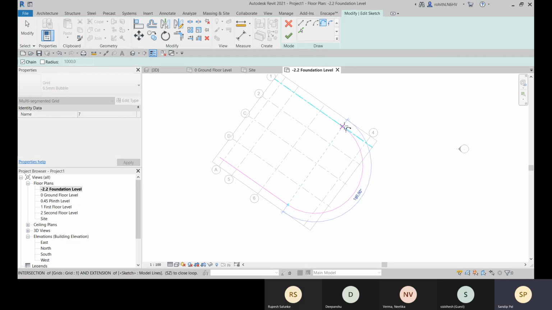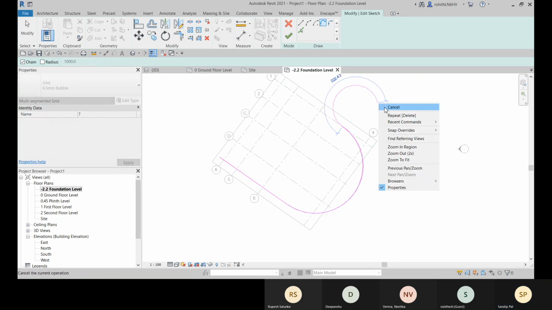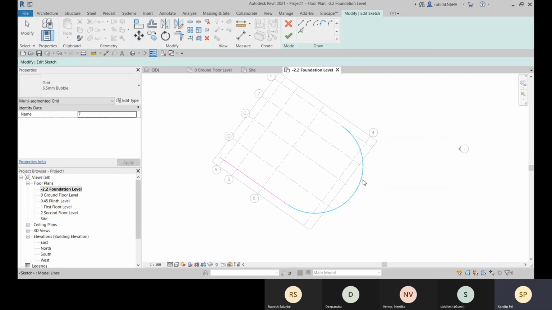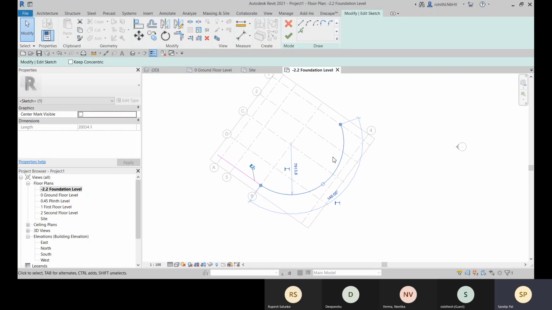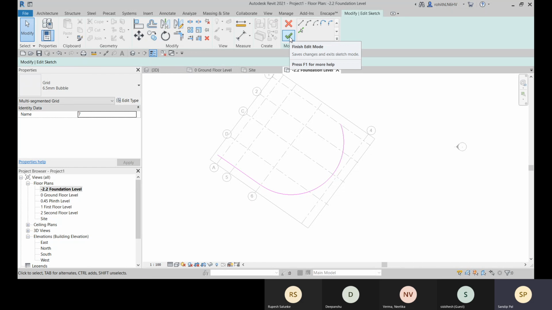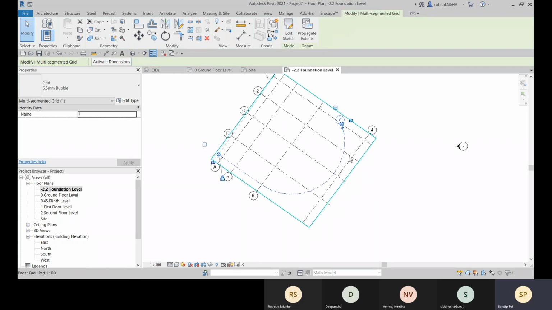Like this, I can apply it here, click on cancel. I need to just move it till here. So that will be a grid. Let me click on finish here. And that is the grid.